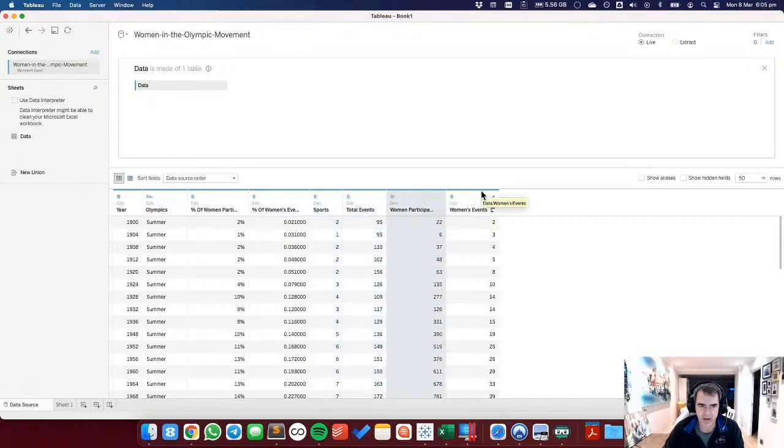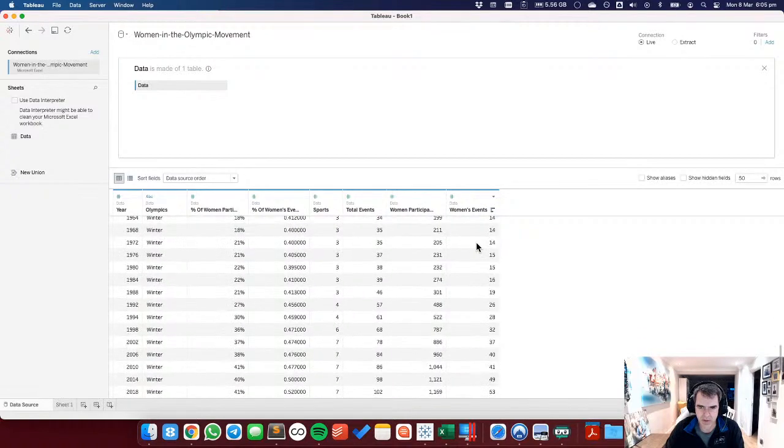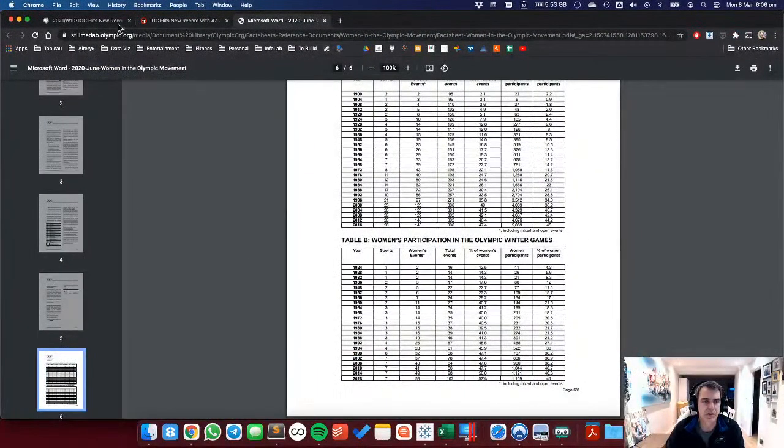So we can see the total number of events is 95, and the number of women's events was 2. Let me scroll down to the bottom, it might be a bit easier to see. So we've got 102 events in 2008 in total, and 53 of those events were for women, and that comes out to 52%. So more than half of the events are for women, but only 41% of the participants were women. So yeah, and let me go back again to the visualization because it says